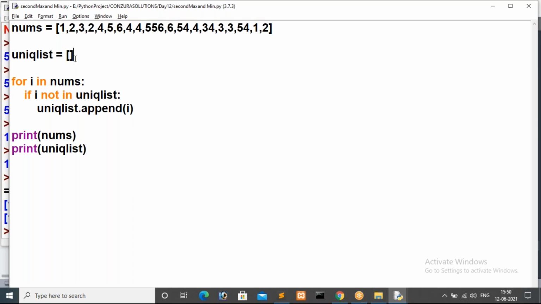Then I'm iterating a loop to get values from the original list, storing each one in I. We check whether the I value exists inside the unique list or not. If it does not exist, then only I append that value. If it exists, we do nothing. After this loop, we print the original list along with the unique list. I hope it is clear to you all.